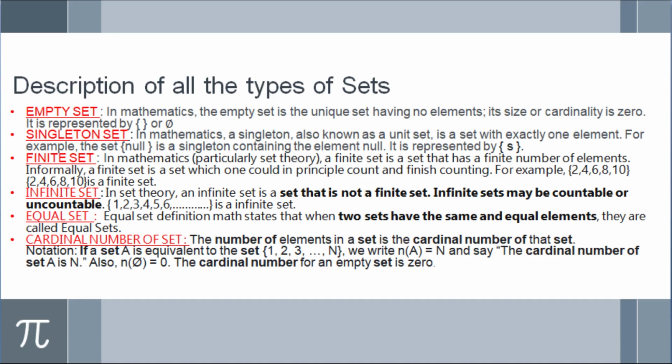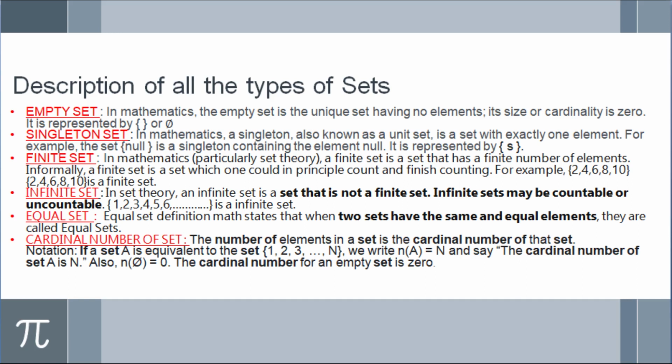The set which contains no elements is called the empty set. As the name suggests, empty, which is null. The empty set is also null, but its cardinal number is 0, as it contains no elements. I am repeating, the empty set is null, but the cardinal number will always be 0, as the set is null. So now we will be talking about some types of finite set.